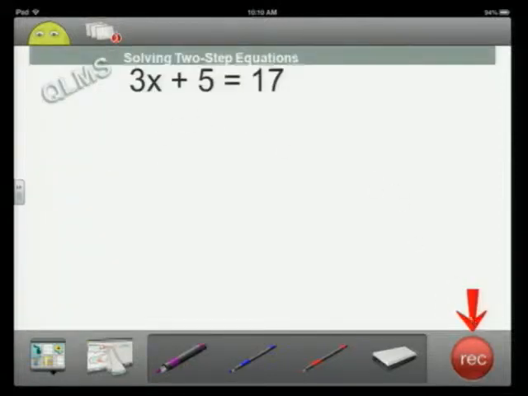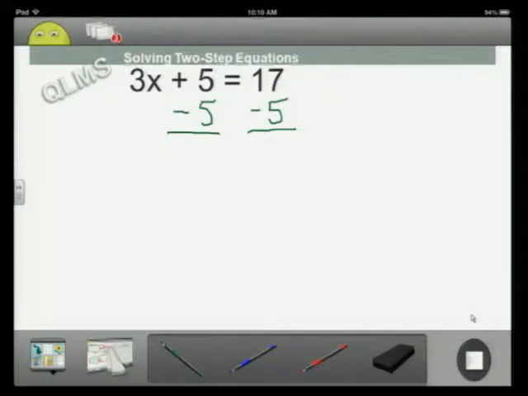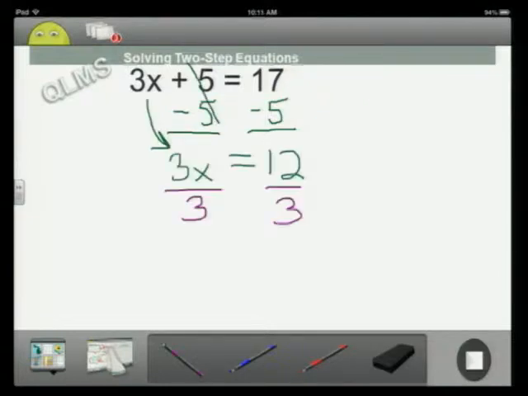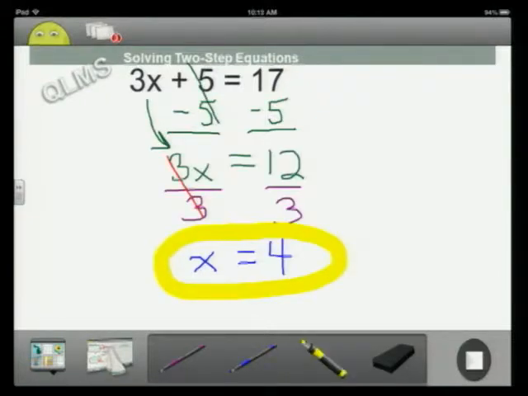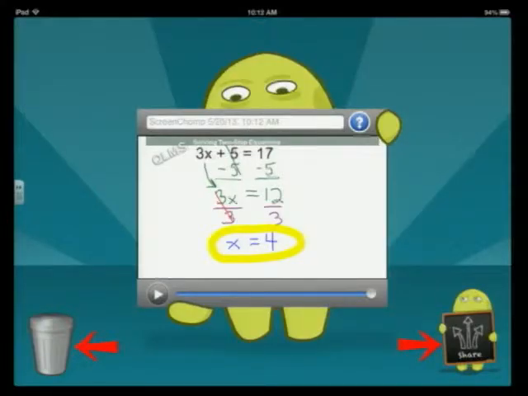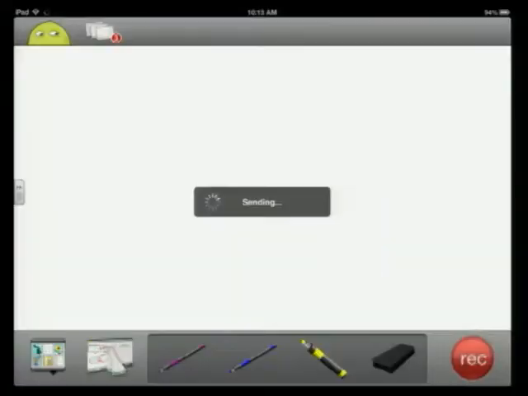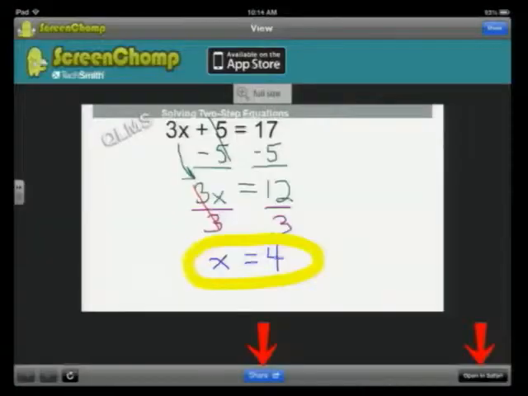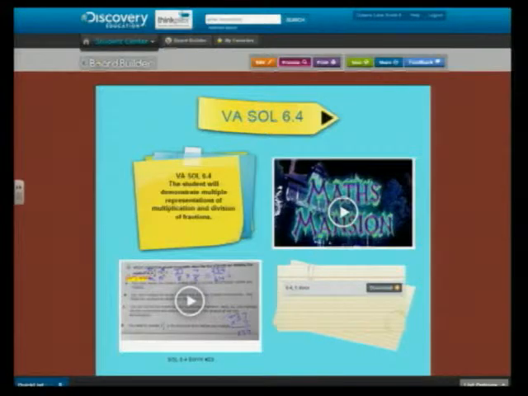If they do the problem correctly, after they've recorded the video, which you can see with the red button on the right, they can share their findings. This is what it would look like as they work through the problem. They can share the video out and email the link to themselves, and then you can use these videos in a variety of ways. One of the ways that we've used them at Queens Lake Middle School is to create